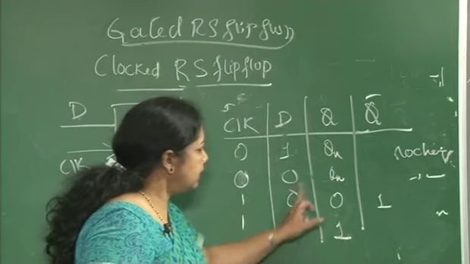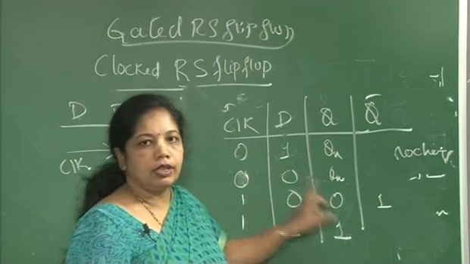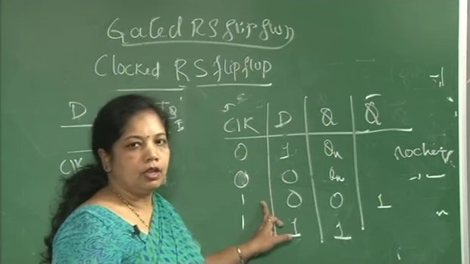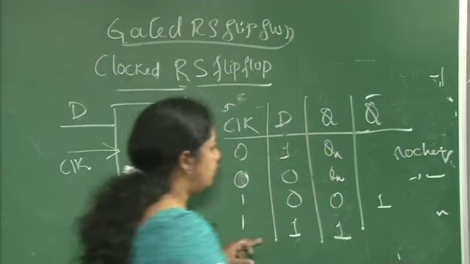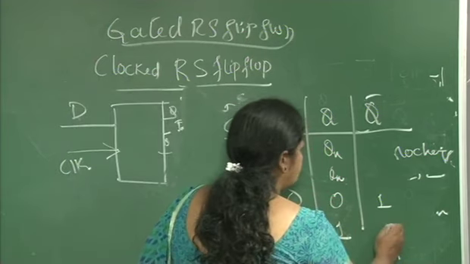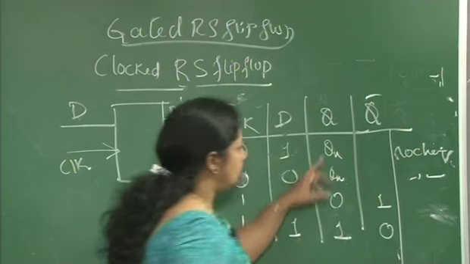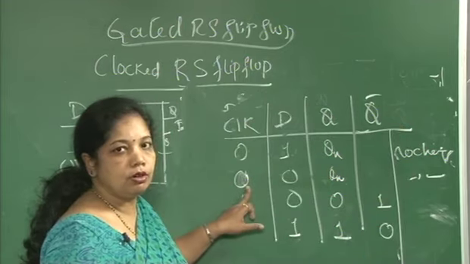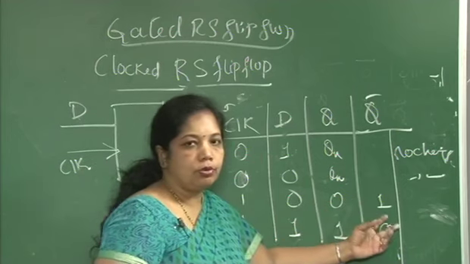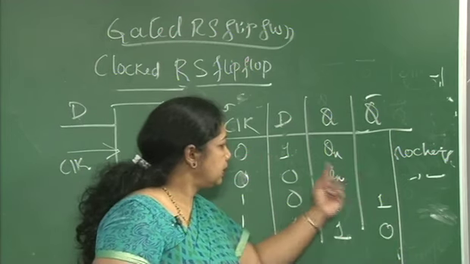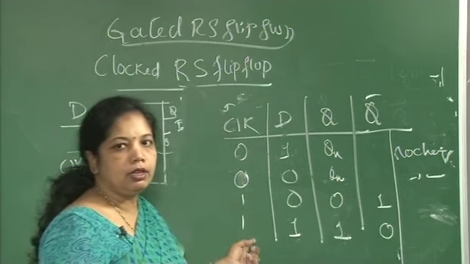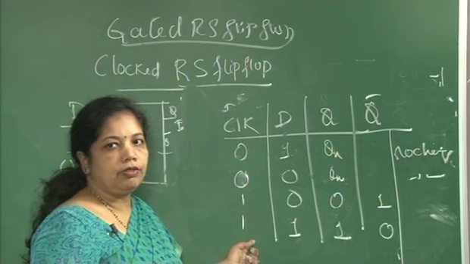So the same thing is transferred at the output when there is a clock signal. So this is how the D flip flop works. So this is the complement, and the no change condition is when the clock is 0. So it transfers the output, or the same, whatever input you are giving, that is transferred at the output whenever I apply a clock. This is how the D flip flop works.